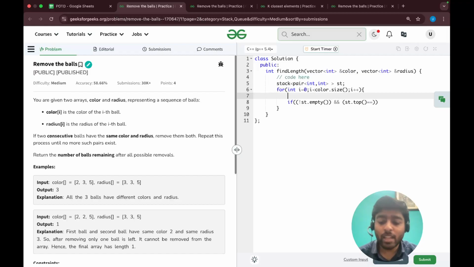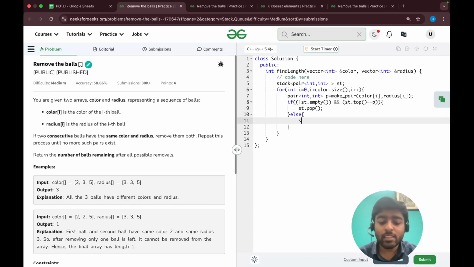And I will also check whether my stack dot top is equal to the current value. Before that I will make a pair of int comma int p, equal to make pair of color of i comma radius of i. Now I will check whether my stack dot top is equal to this value. If this is the case, I will just write stack dot pop.